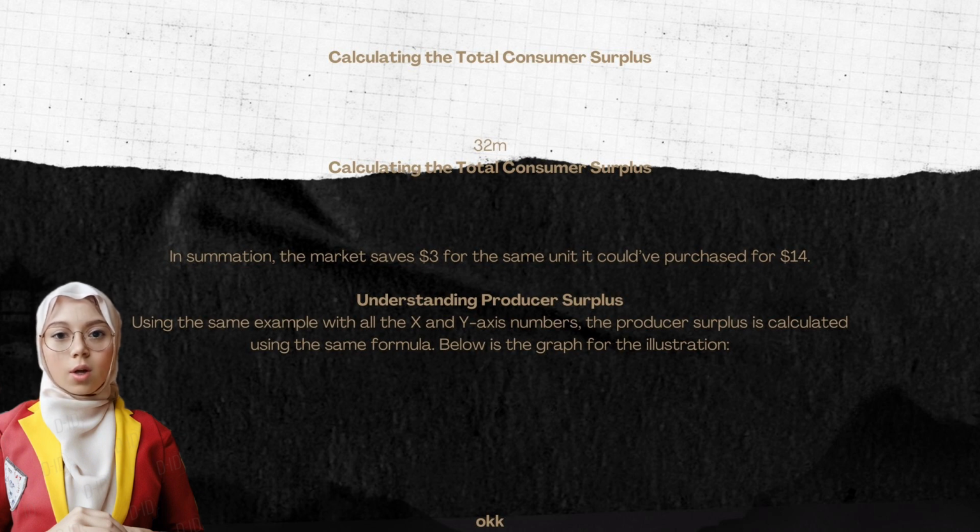As a result, to achieve a stable market, the producers must increase the production to reduce the deadweight and attain the equilibrium. At the equilibrium, the consumer surplus